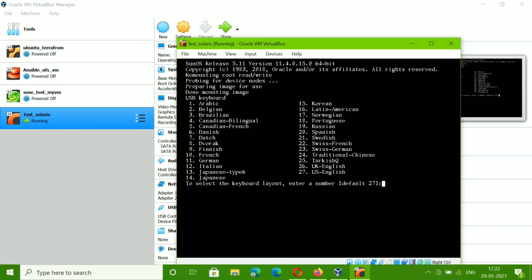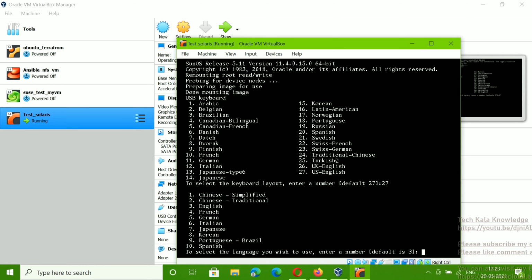In this window you can see it's asking for the keyboard language selection. So let me select the language. There are multiple languages showing in a list, total 27. Let me select US English, 27. You have to put the number 27 here, then hit enter.